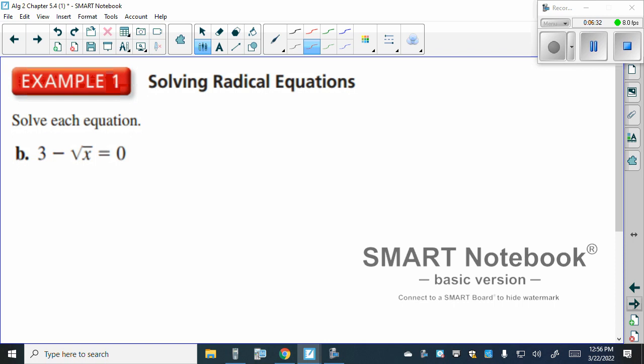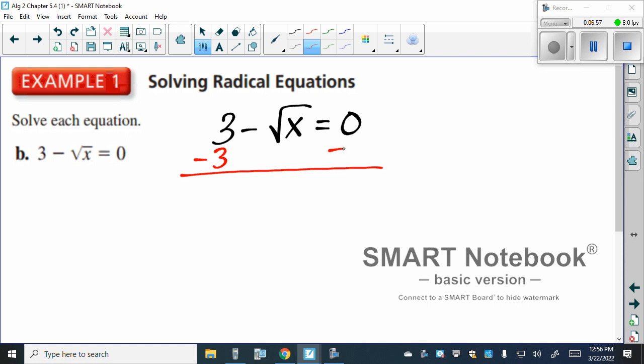All right. So I'm going to put this in the center, so I'm not writing this on the absolute side of the screen. Now, our first step is to what? Get the radical by itself, yes? What can we do? We can minus 3 from both sides,